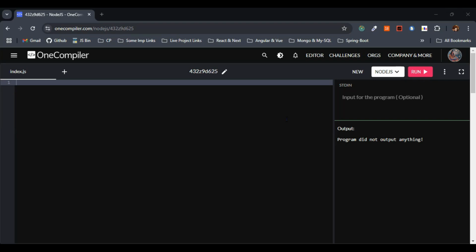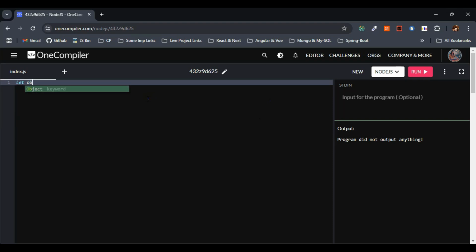Right. So let's try to implement these with examples. First, we will go with Object.defineProperty. Next, in the second example, let's see how to freeze an object by making use of Object.freeze. Initially, let's try to implement